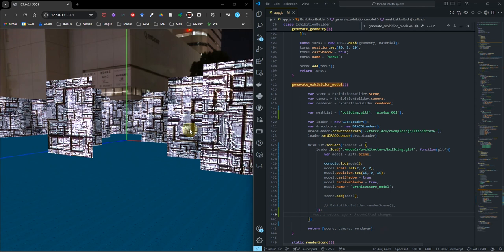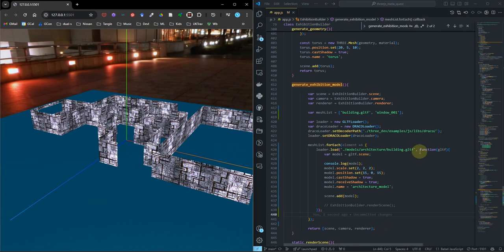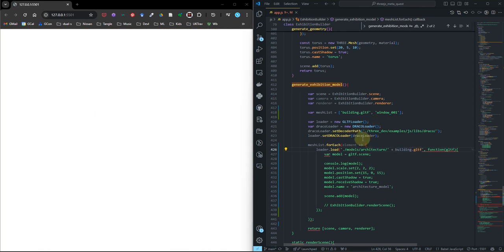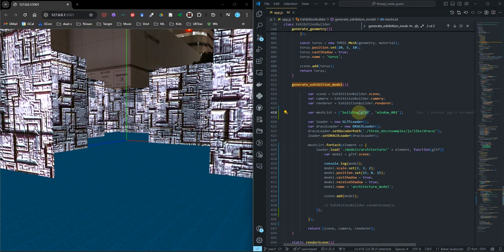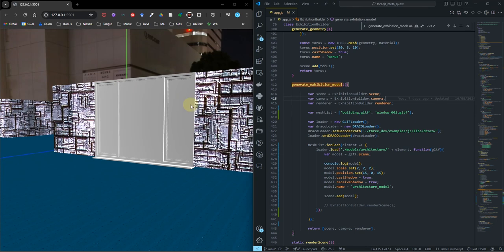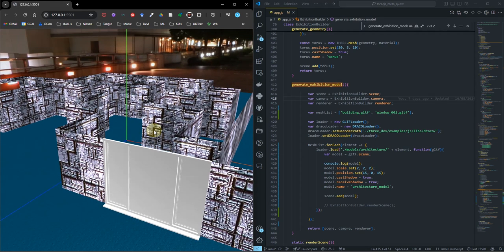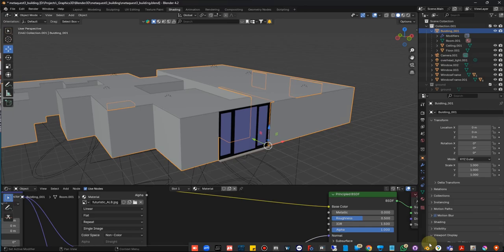then replace the URL with the element. So I'll just remove building plus, and that should load the building because it loads the first item there. But then the window needs to have the GLTF as well for it to be loaded. So now it loads the window because now it's loading the building separately from the window. But what I need to do next is